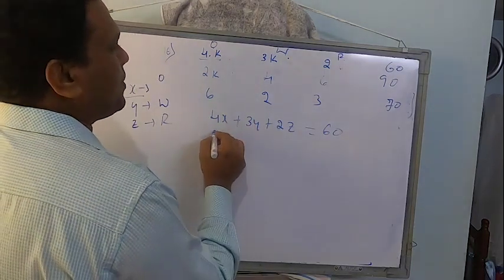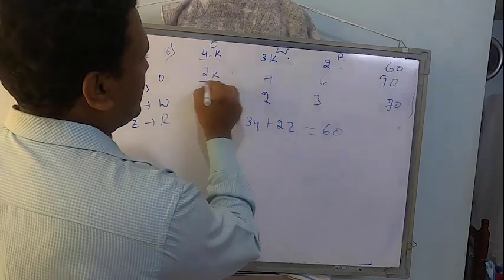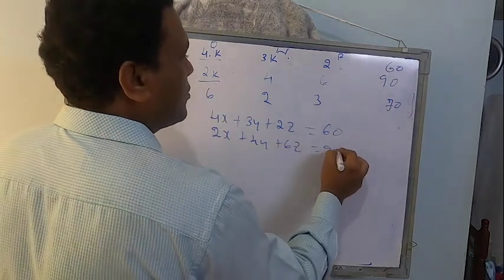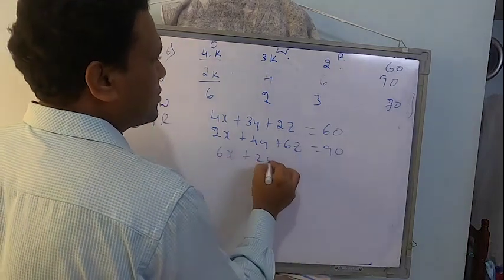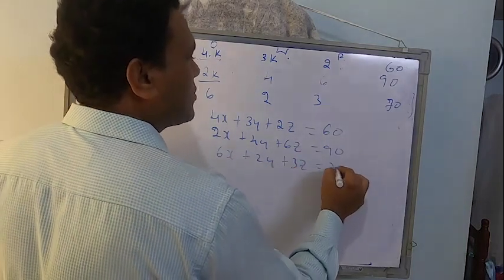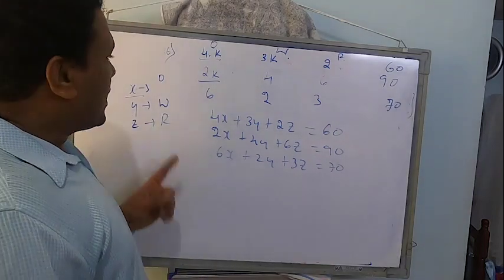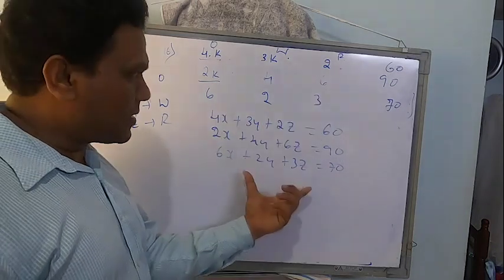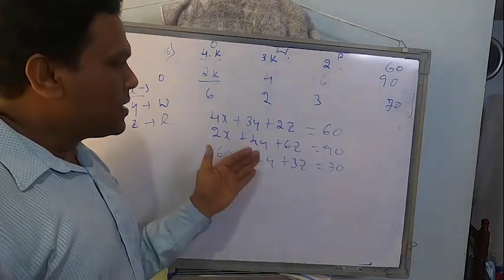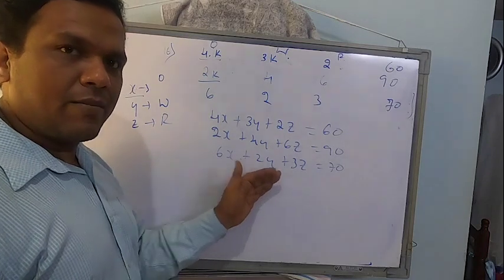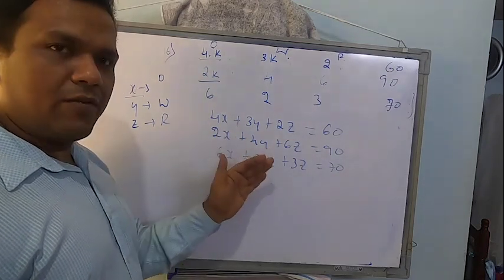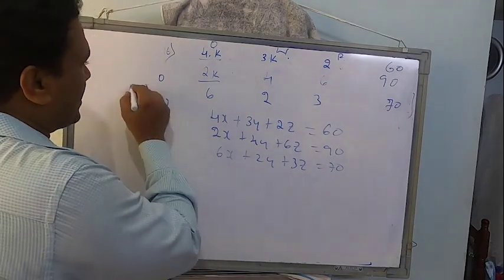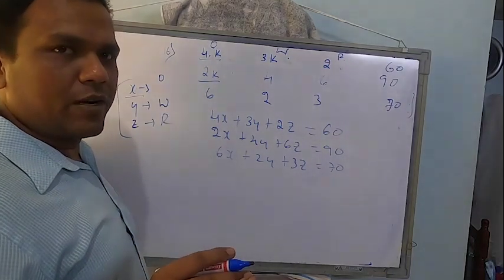Then the next one. Let's go for the next thing. So it's going to be 2X plus 4Y plus 6Z is equal to 90. The last thing, 6X plus 2Y plus 3Z is equal to 70. That's all we have to do, students. Assume X, Y, Z as the price per kg of onion, wheat and rice. Construct 3 equations. You know what to do from here onwards. Convert this into 3 matrices: matrix A, matrix X, matrix B. X equal to A inverse B. The same procedure of matrix method has to be continued from here onwards. So finally get the values of x, y, z. That's all the thing what you need to do.